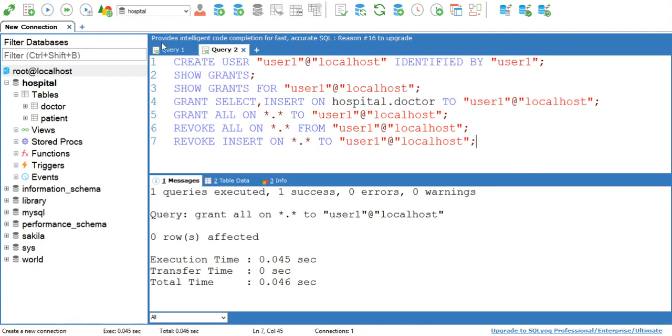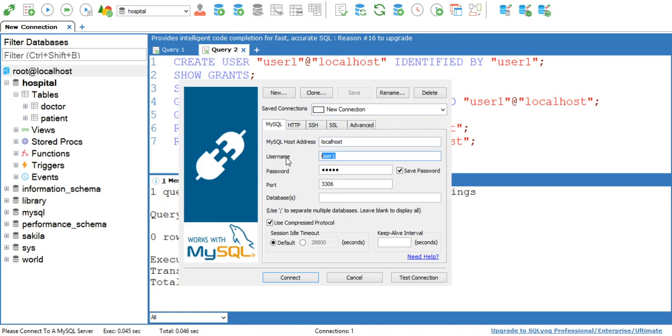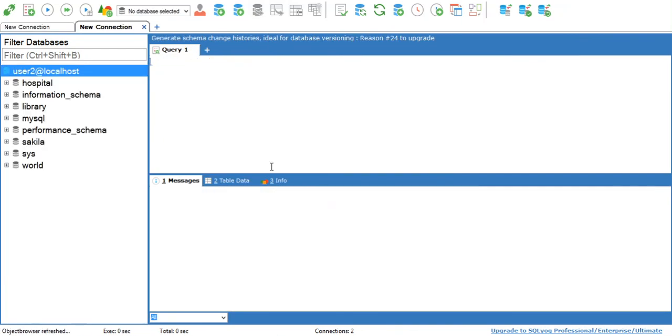New connection. I have created another user by using the User Manager tool. The username is user2. This is my user2, and it has access to all the databases, and this user can perform all the operations because we have given permission to perform all operations.